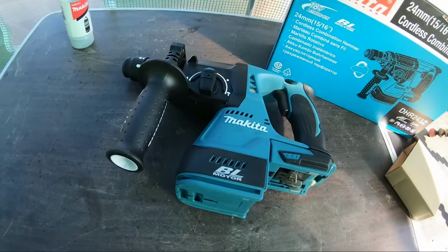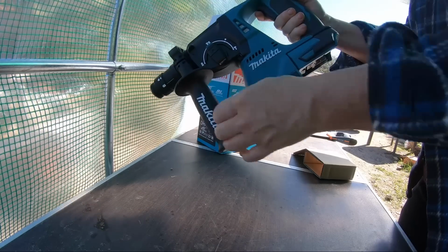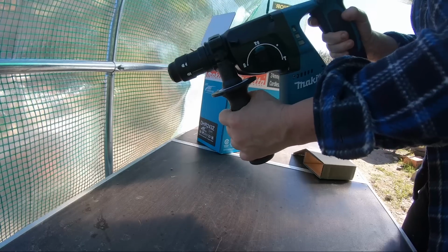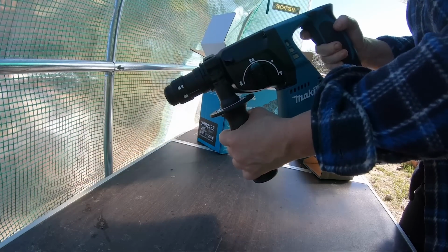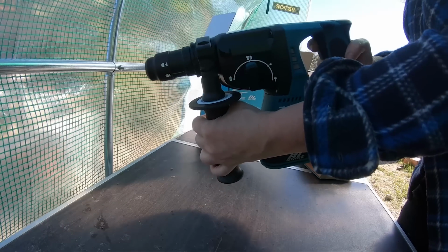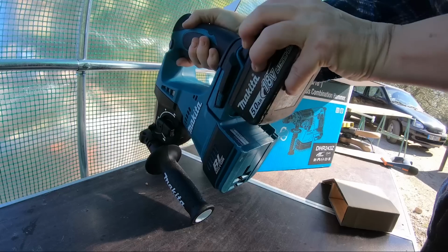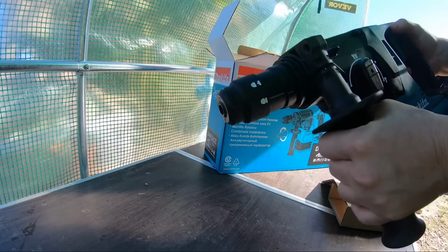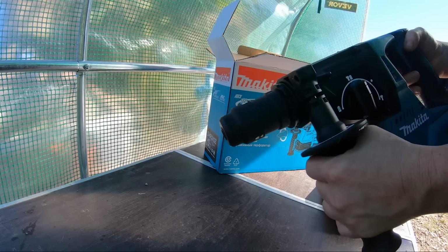So, she's a beaut, and I can't wait to put it to good use. Pretty heavy though, but I think in this case, heavy is good. Drilling through the granite is a pretty serious job, so having something that feels really robust is a positive sign. I've used this type of drill before, but never this specific model, so I'll have a look at the instruction manual, make sure I've got everything as it should be, and then I'm going to put it to good use